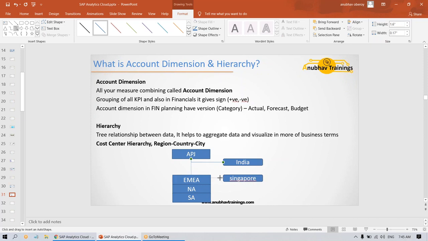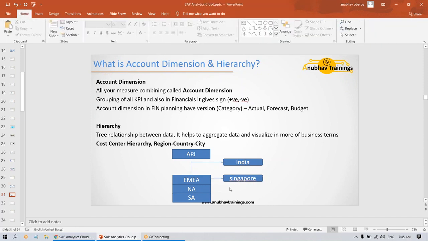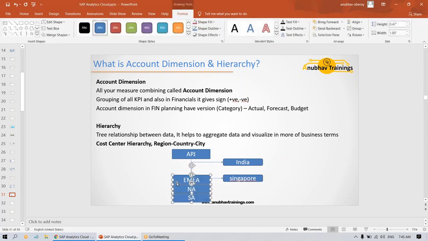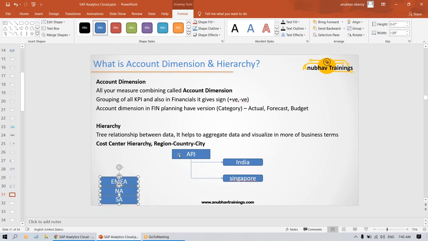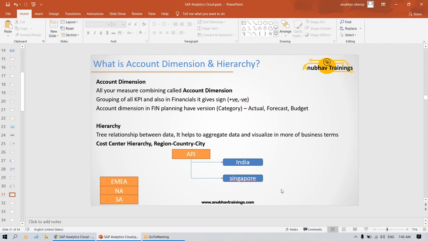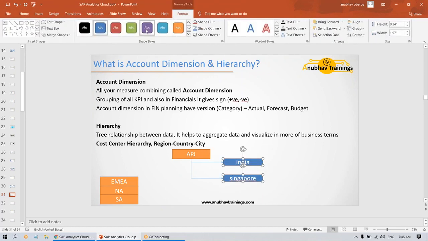It is a tree-like structure. I'm going to put EMEA and these things aside. Let me give a different color coding so you can understand what is the topmost node of the hierarchy. Then a different color coding for countries. And then further, as a child of India, you have